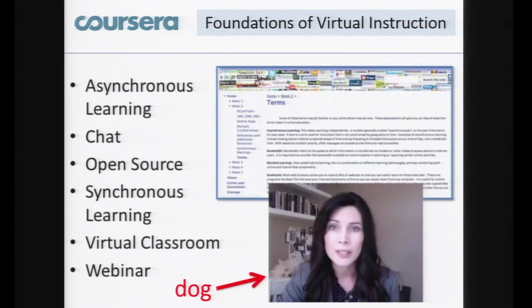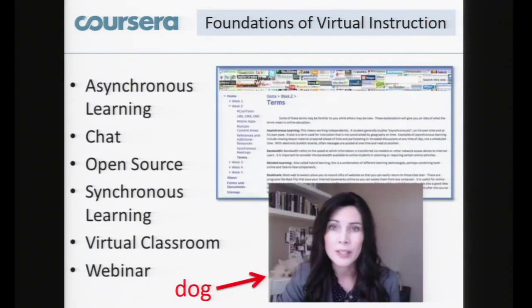Well, what you probably don't see is she's got a little dog back there. During every one of the videos in this course, she had her dog on a table right behind her. In this particular image, the dog is sleeping, but a lot of times the dog was up and walking around, and she would talk to the dog and make jokes with the dog. Now, that seems relatively harmless.